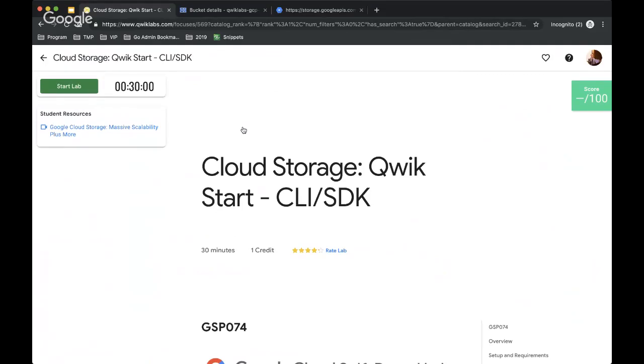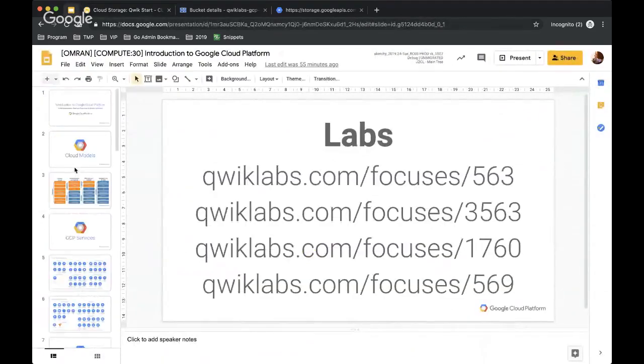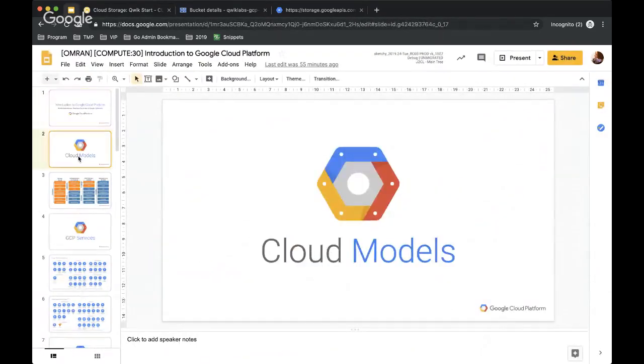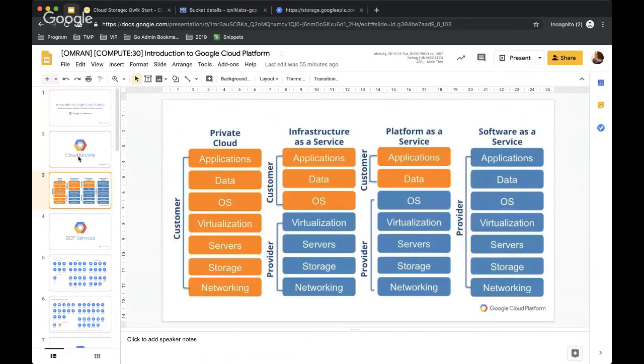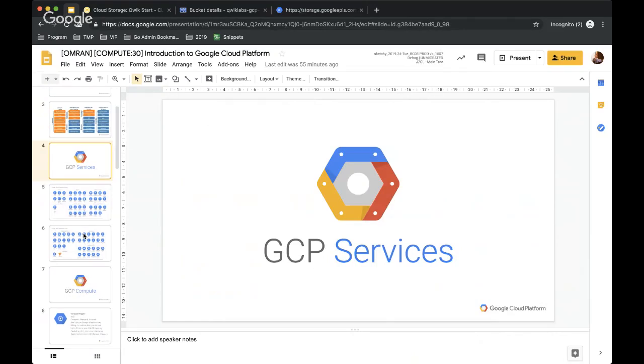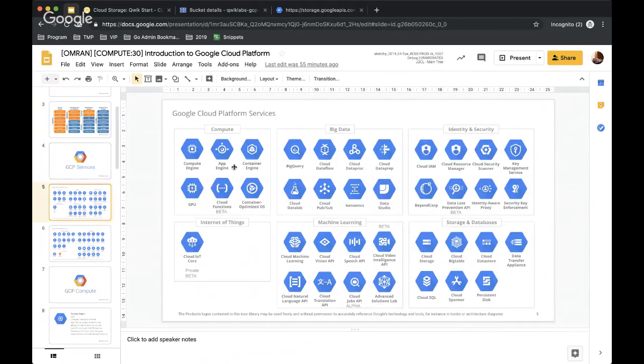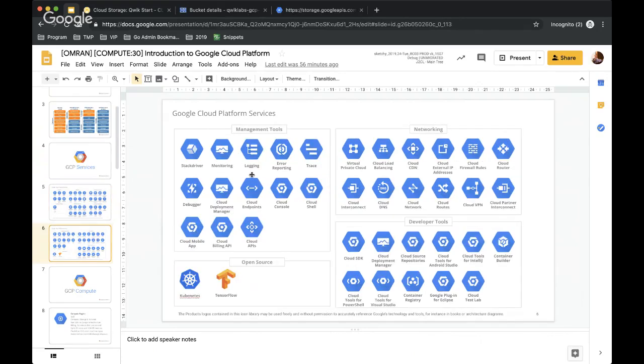So we basically completed 4 labs. We got an introduction about the GCP cloud computing, about the cloud models, the 4 popular cloud models: the private cloud, infrastructure as a service, IaaS, platform as a service, PaaS, or software as a service, SaaS. And we gave a quick overview about GCP services like the computing services, big data services, identity and security, the machine learning APIs, storage and databases, IoT core, and we said that we can utilize the management tools to monitor